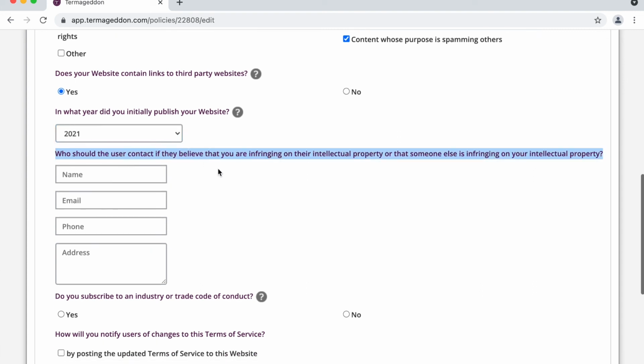Who should the user contact if they believe you're infringing on the intellectual property or that someone else is infringing on your intellectual property? This is almost always the business owner. So I'll put in our fake business owner name and details here. Now, you will see that we ask people to provide a phone number and address. This is because this is a requirement under the Digital Millennium Copyright Act. So we are asking this particular question to provide what is known as a DMCA notice, which more or less says,